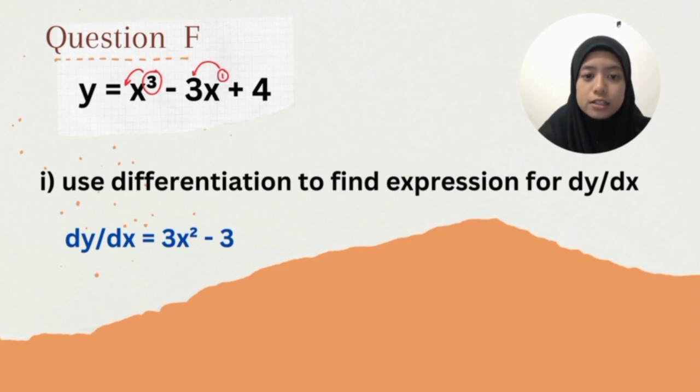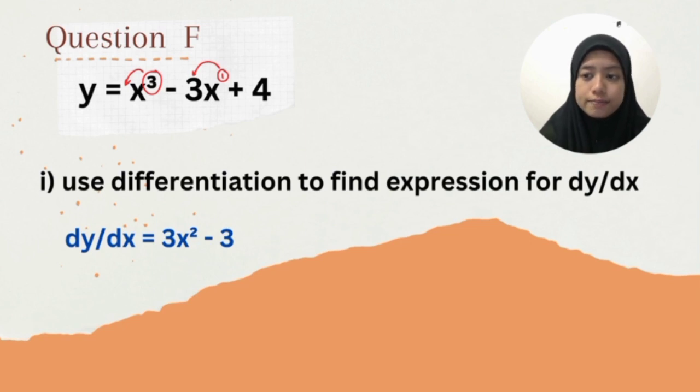Minus 3x, since x is to the power of 1, we multiply it with 3 and it will get 3. So the final answer for the expression of dy over dx is 3x to the power of 2 minus